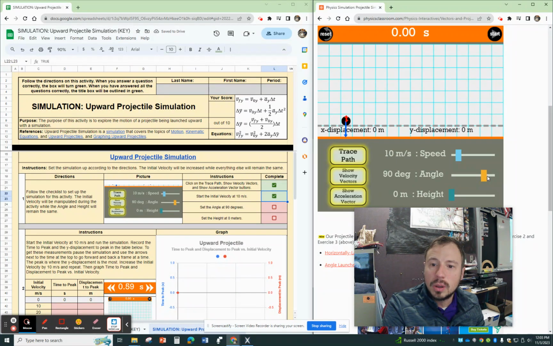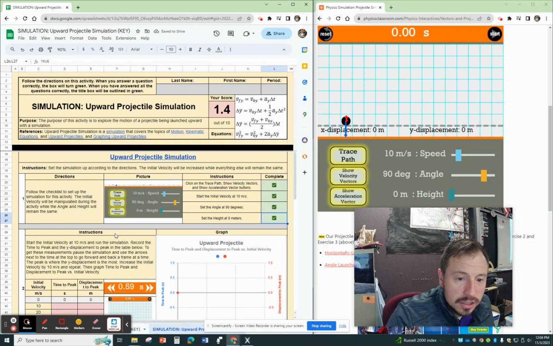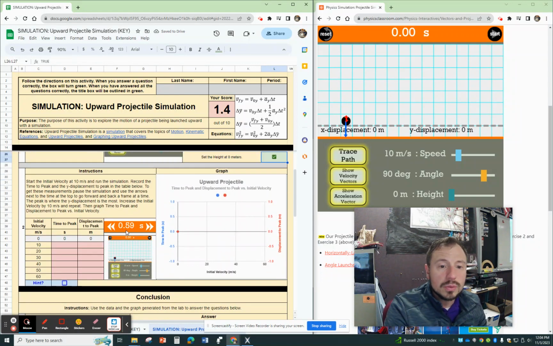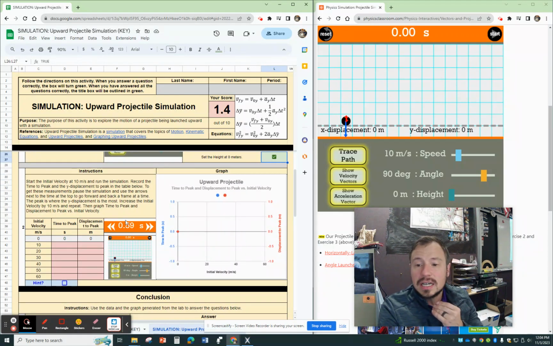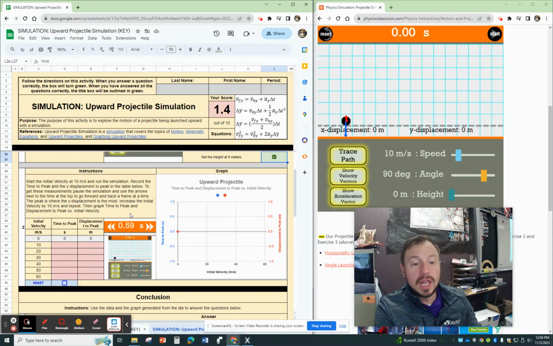So this is going to be launched straight upwards. We did that, and set the height at 0. That one's good, so now our simulation is set. What we're going to be doing is increasing that initial velocity, and we're going to find the time to peak and the